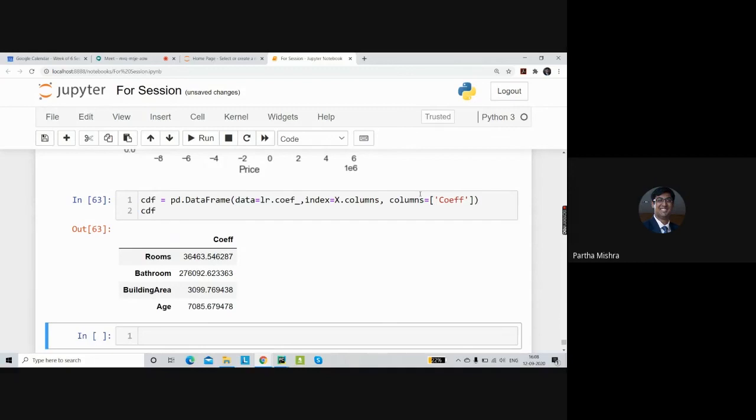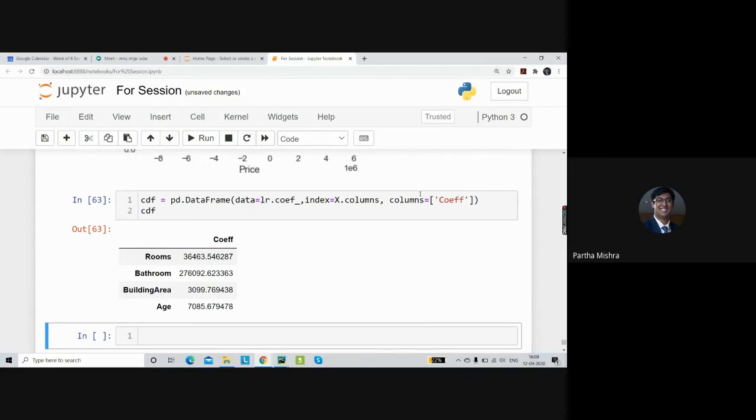Now, if we try to infer exactly what the model is saying, you could simply say, if we have a 1 unit change in the number of rooms, keeping everything else constant, the price will increase by 36,463.